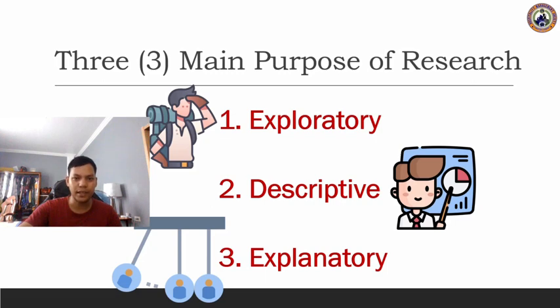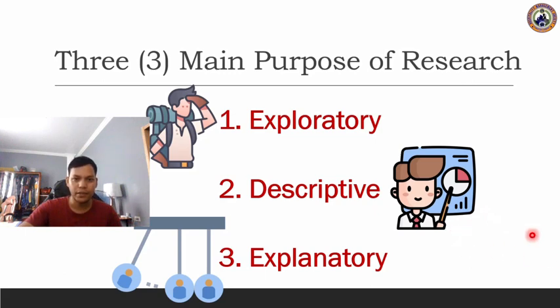The second one is the descriptive. Descriptive research expands knowledge of a research problem or phenomenon by describing it according to its characteristics and populations. So, after you have this exploration, because you want to know more about, for example, existing problems, the second one, descriptive, is where you define every piece of information or data that you discovered. You put a description or the meaning of the research problem or any phenomenon.